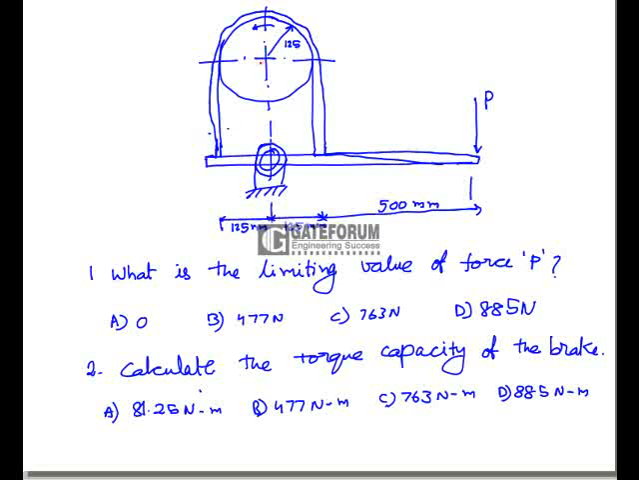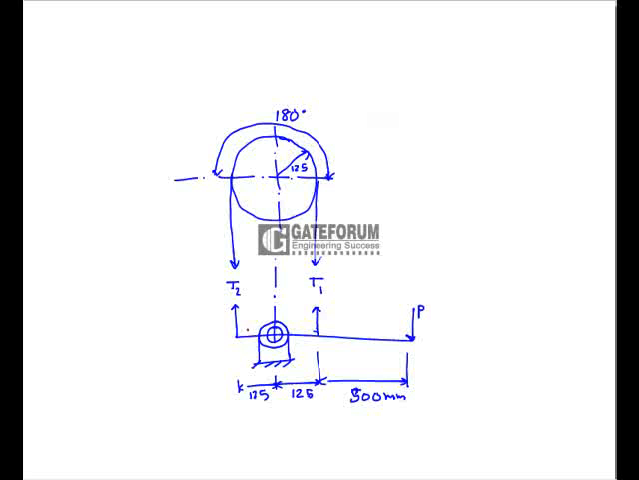Now consider the free body diagram of this band brake. So this is the free body diagram of the given problem. Here 180 degrees is the angle of overlap, T1 is the tension on the tight side and T2 is the tension on the slack side. First we have to find out the maximum tension in the band, that is T1, which is given by